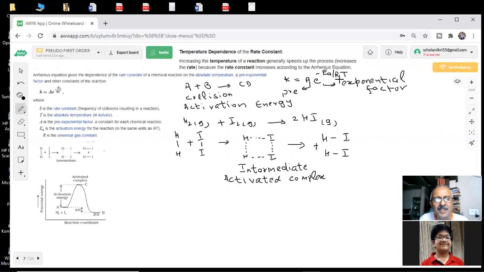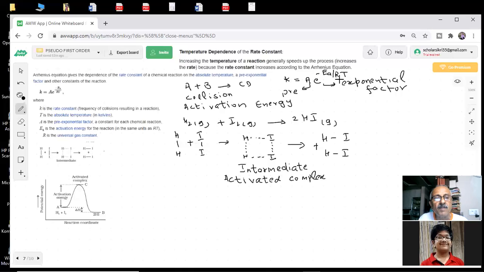This energy must be supplied for different reactions. For different reactions, this amount will be different. A reaction for which the activation energy is lower will be a very fast reaction, and a reaction for which the activation energy hill is very high will be difficult. Climbing a bigger mountain is difficult, and a small mountain you will climb easily.